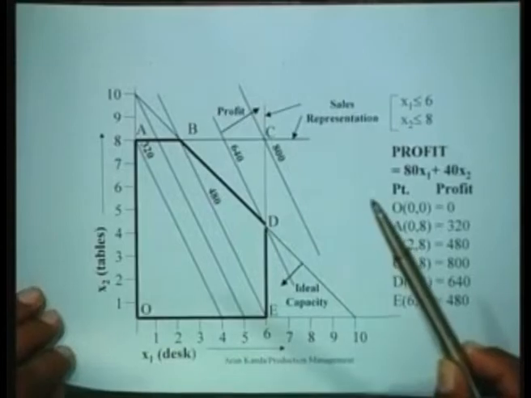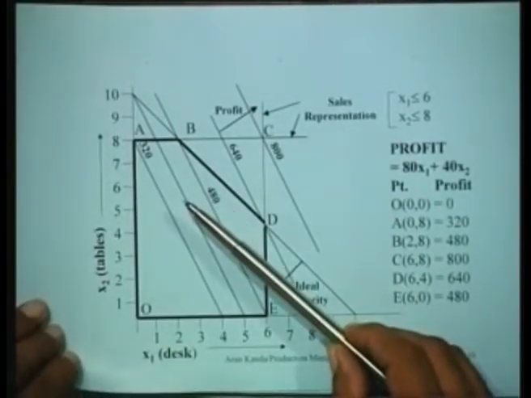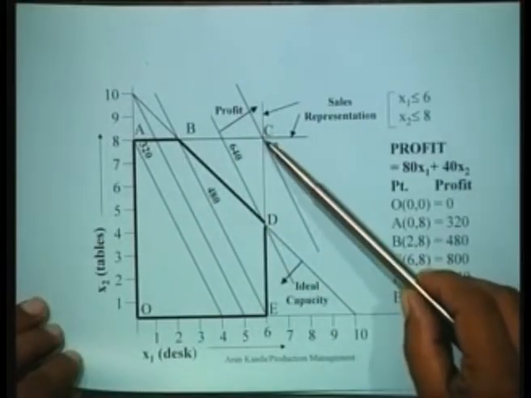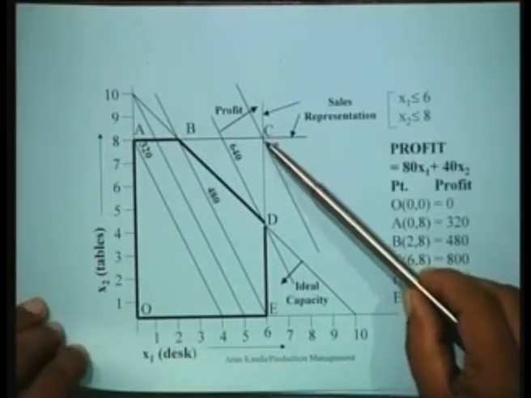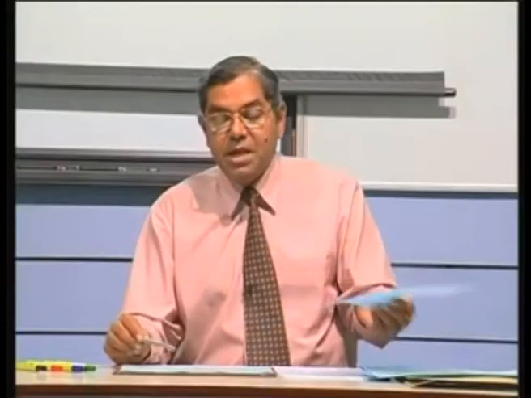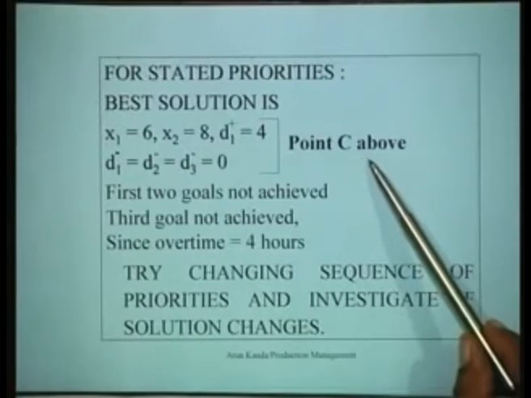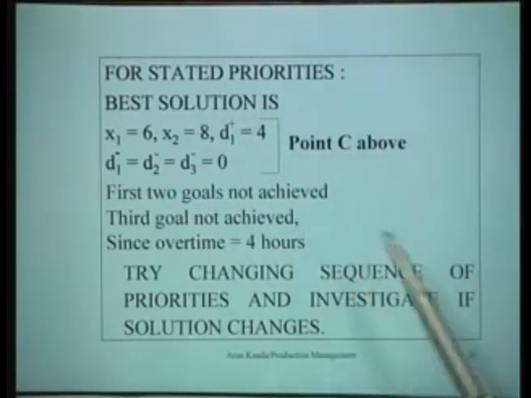Since the priority said that we do not want to underutilize our capacity, there is no implicit bar on overutilizing the capacity either through overtime or through subcontracting or whatever. In that case, point C would become